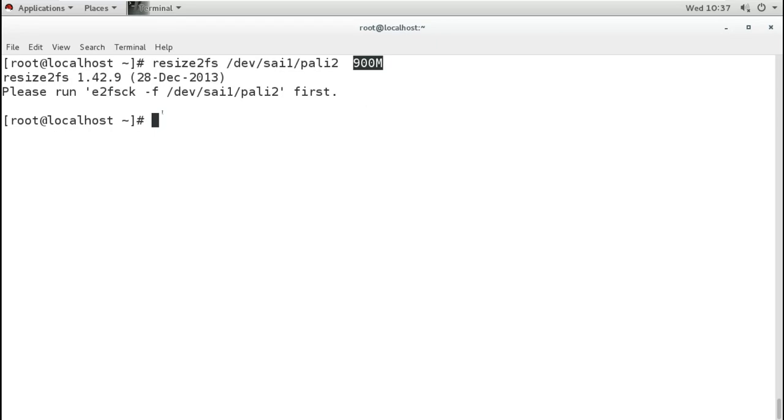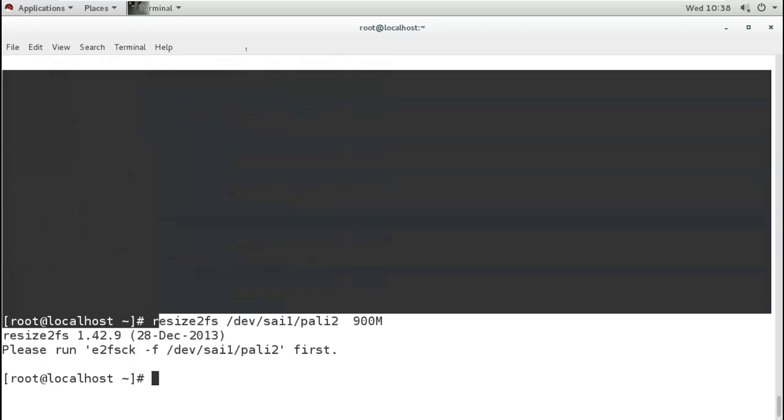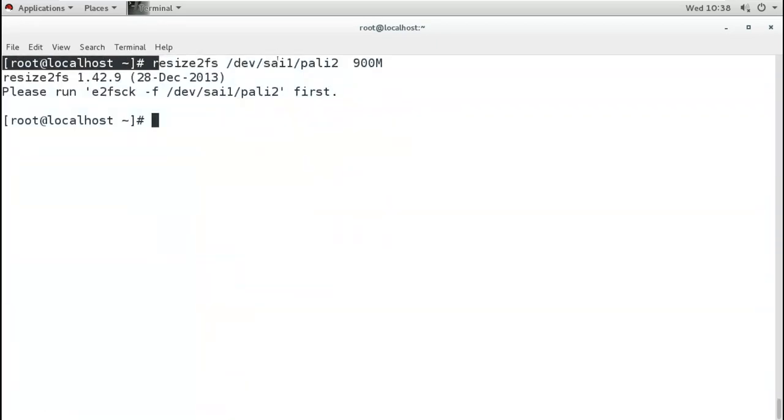So it is saying that first you should check your file system with this command, to see how much is free and how much is already used. And then when you run this command, it knows whether it is going to delete some data or not. For example, if we are already using more than 900 MB of data, then when you run this command after doing the check, it will give me an error.